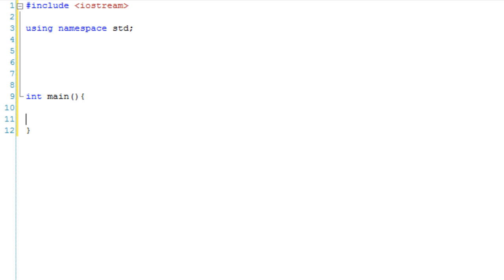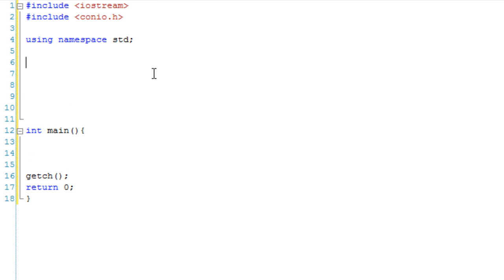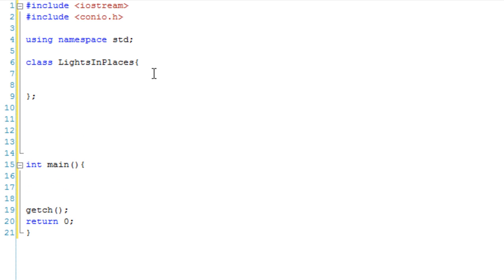So I'm just going to create our basic program structure. Oops, got an include up here. And we're going to create a class, and this is going to be our base class. And our other classes are going to derive from this class. So we're going to make a class called lights in places. And, oops, class, not a function. There we go. And it's going to have a public section